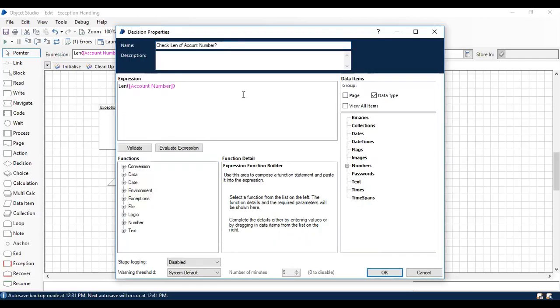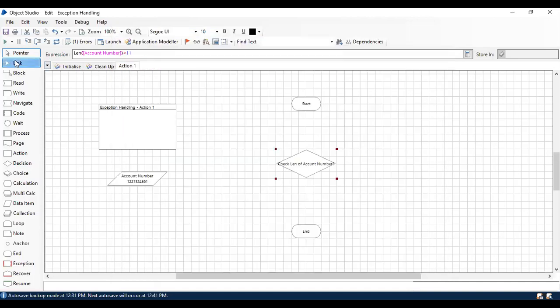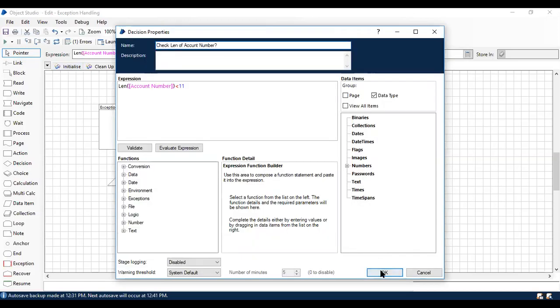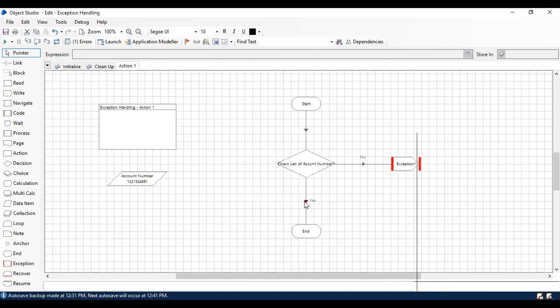If the length of the account number is less than 11 digits, I'm going to throw a business exception saying the account number is not 11 digits, which is needed to proceed further. So if the account number is less than 11 digits, yes, it should go to the exception. No, it should go to the end.